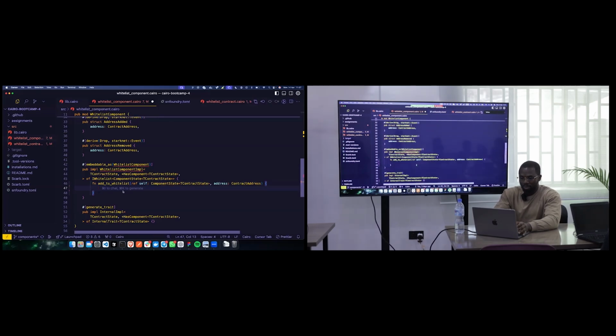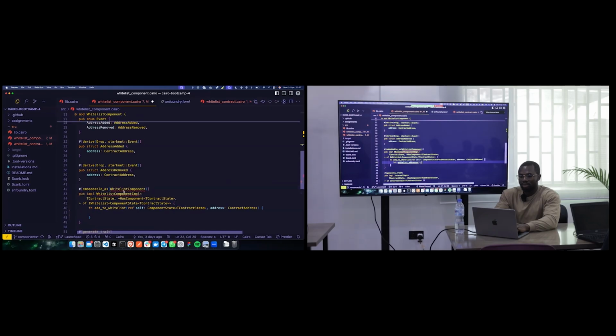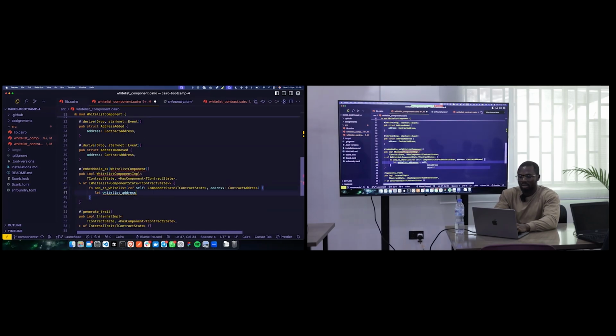So how can we do that? We're going to say let whitelist addresses equals, so now we're going to read from the storage, right? Self dot